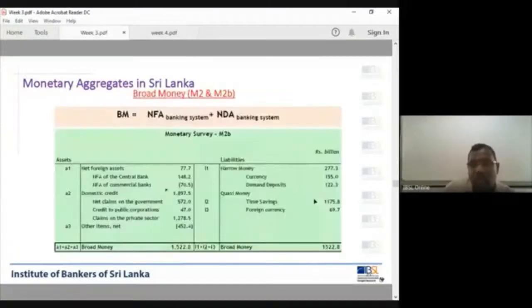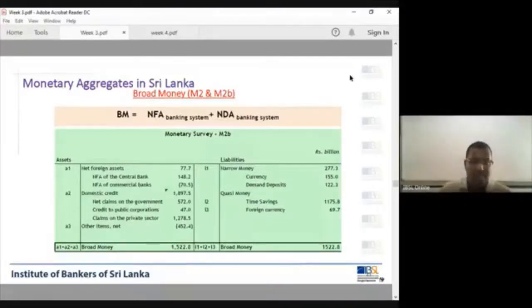Okay, so if you go to this table, that will be very clear. I'm not spending much time on this because in your exam you don't need to have these calculations in terms of sources of broad money. We talk only about the items, but we are not doing any calculations. This calculation you do in the central banking part at your next level. But right now we should have some clear idea.